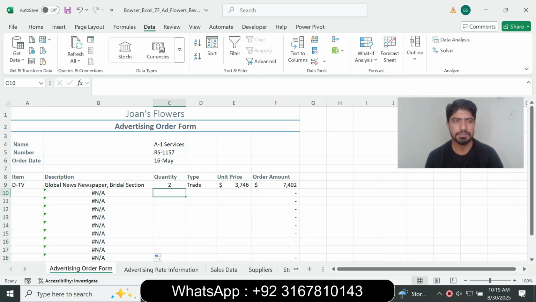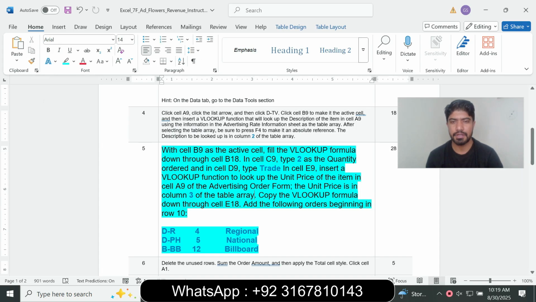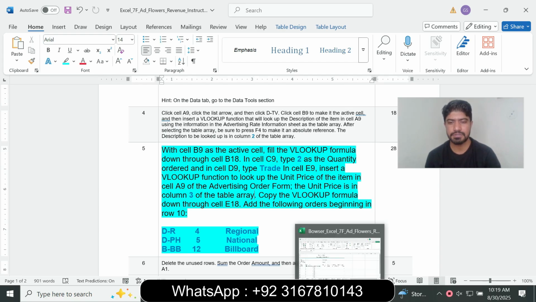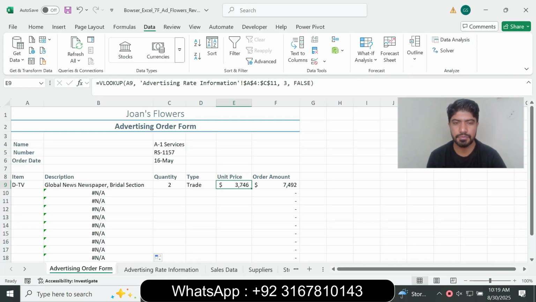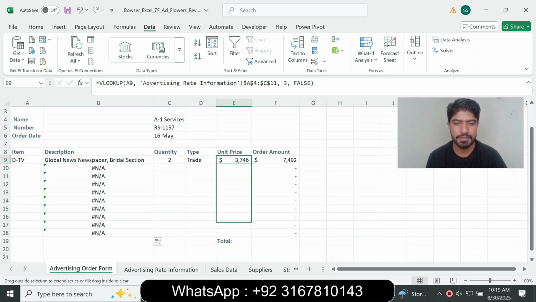So select C9, type 2 and trade, and in E insert the VLOOKUP function for unit price, order and unit in column 3. Copy the VLOOKUP function in cell E18. So copy the formula in cell E18